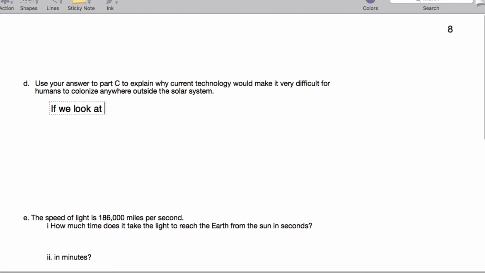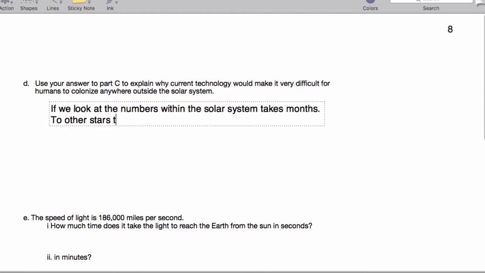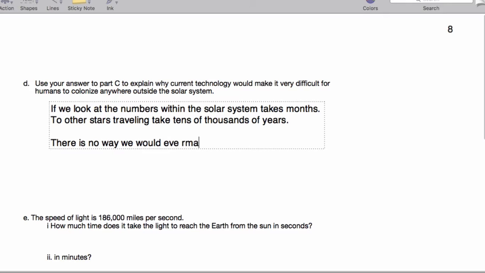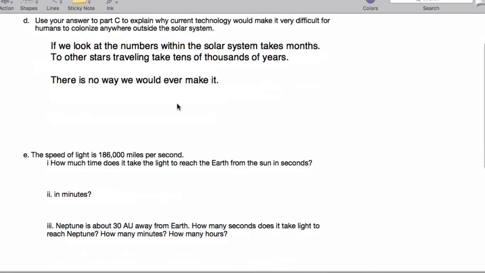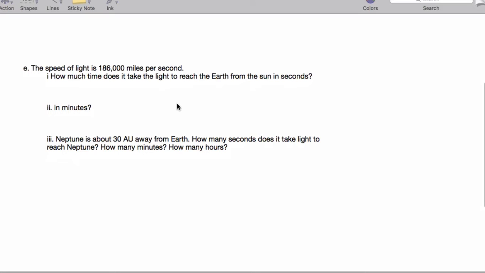So if we look at the numbers, within the solar system, it takes months. To other stars, traveling takes tens of thousands of years. There is no way we would ever make it. That's it. I added a few things in the answer key, but this is really the essence of what we want. Now here, it says, how much time does it take